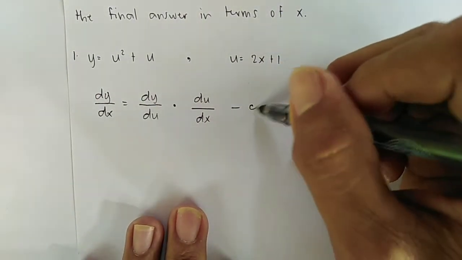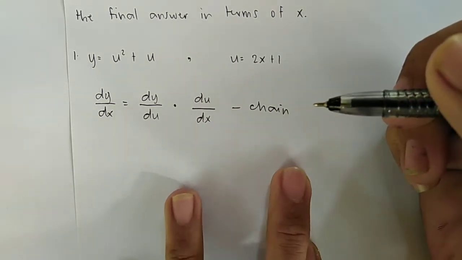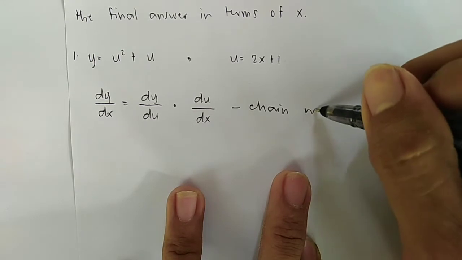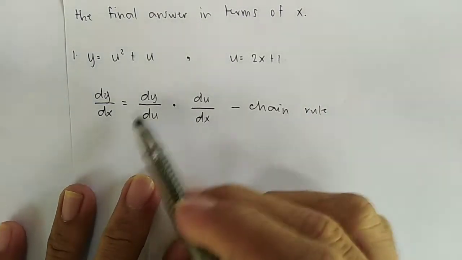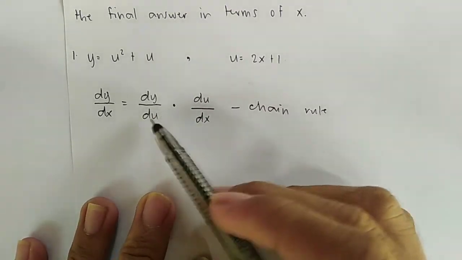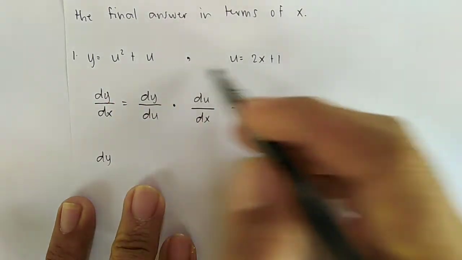Ito yung tinatawag na chain rule, or tinatawag din ito sa ibang aklat na composite function rule. Chain rule ang tawag dito, or composite function rule. Gamit ang composition na ito, or yung format ng chain rule, mangyayari dyan, kung kukunin natin ang derivative dito